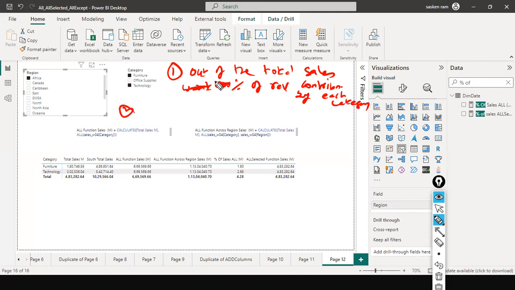This is one of the reporting requirements. Your manager asked you to create a report. Yes, we are done with this, right? Total sales, and this we are done. Okay, out of the total sales, personal revenue contribution, which if you unselect everything, that is the one will give you that one. Second one, what he's asking is,